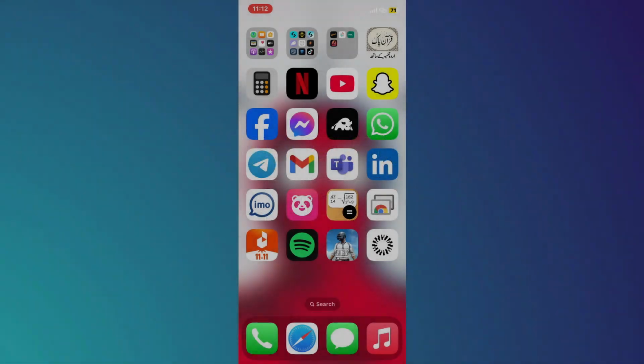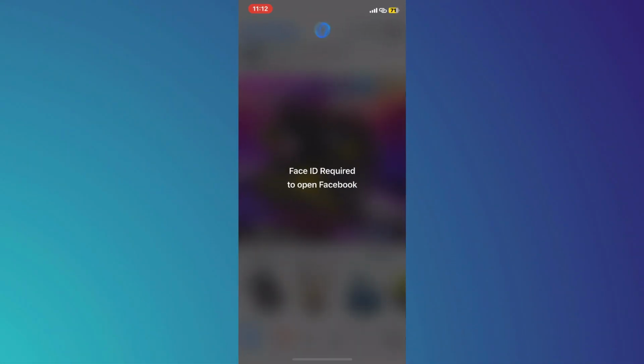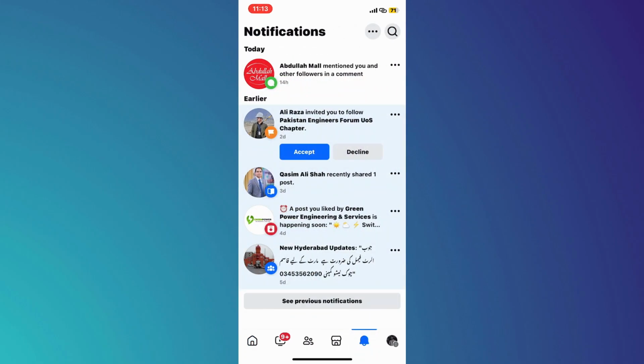Alright, let's begin. First, you have to check notifications. When your account is restricted, you typically receive a notification explaining the reason for the restriction. But if it's not showing here, then the other way to check the violation that you did is through your profile